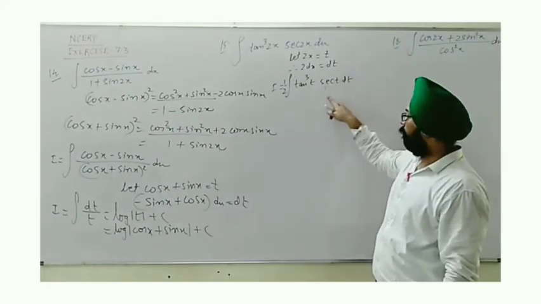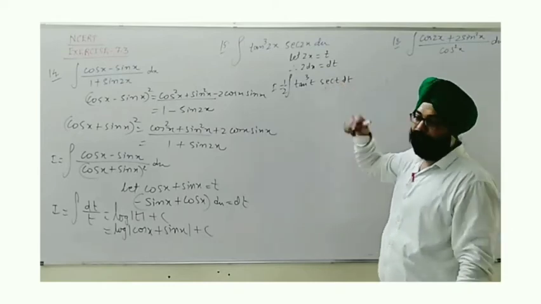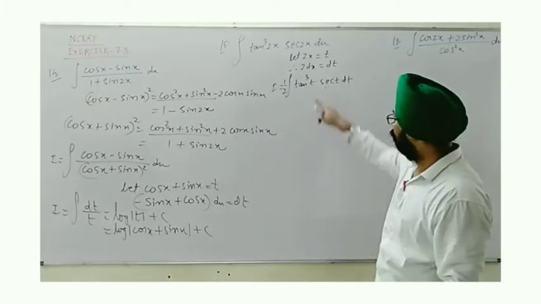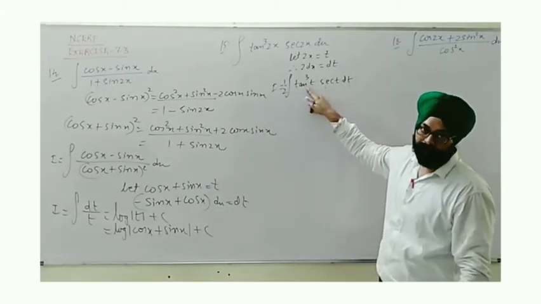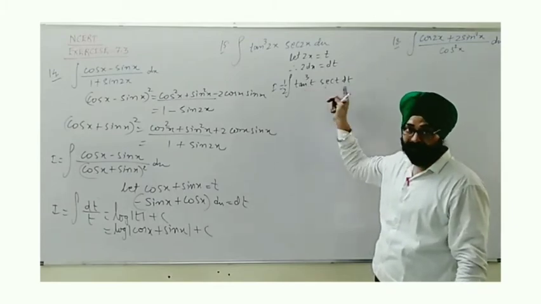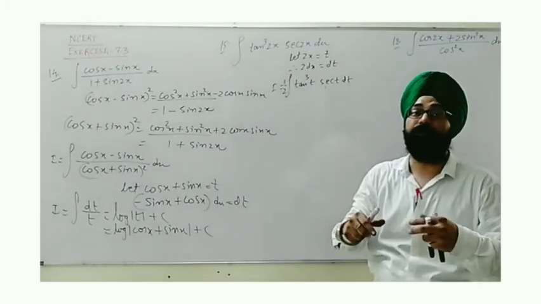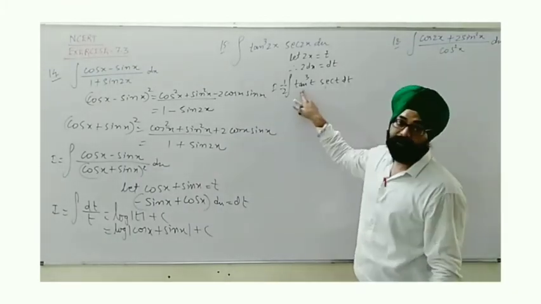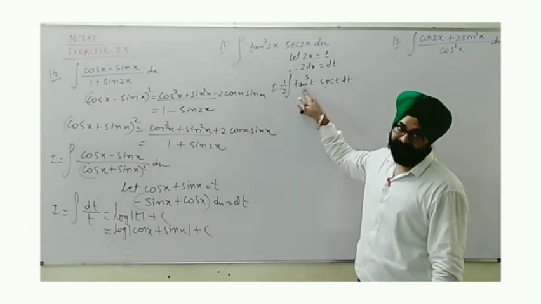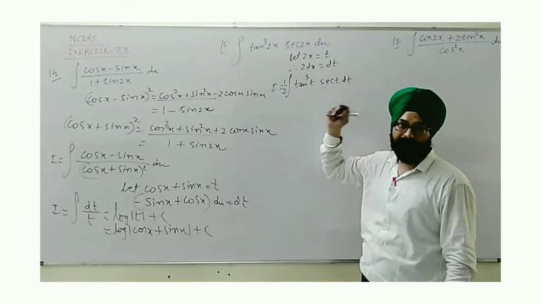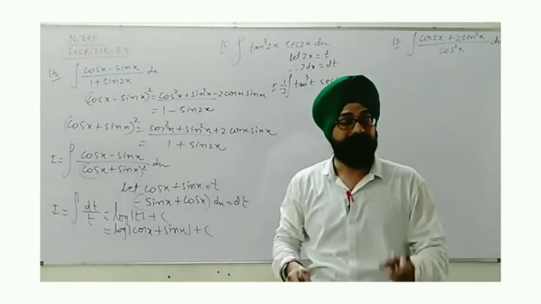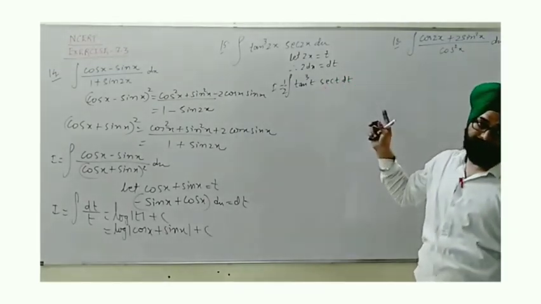Okay, so if I consider sec t as the substitution, the differentiation of sec t will be sec t into tan t. Okay, one tan t is available here. But keep in mind the remaining portion of the function should be convertible in sec only. Why? Because we are substituting sec t only. So tan square t easily can be converted. On the reverse, if I take tan t as some other variable, as t I have already taken, we will consider u. So suppose I consider tan t as u. The differentiation of tan is sec square. This is not available here.